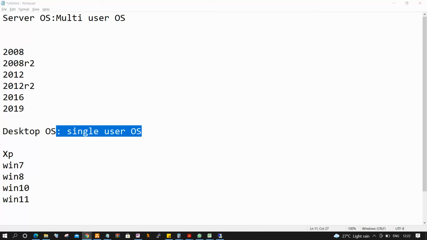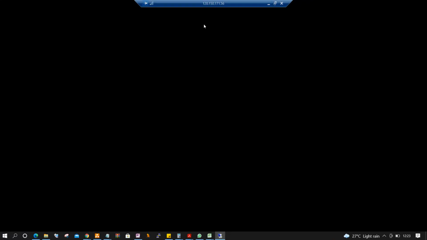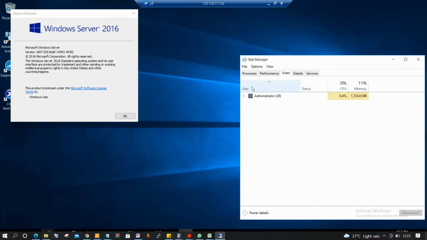Yeah, I'm back. So by default, the Windows Server operating system has 2 licenses available, and the desktop operating system has only 1 license available. Okay, Kamlesh, for testing purposes I'm going to create 2 users. Later I'll delete them immediately. Yeah, that's good. So at present I connected with one user, the administrator.